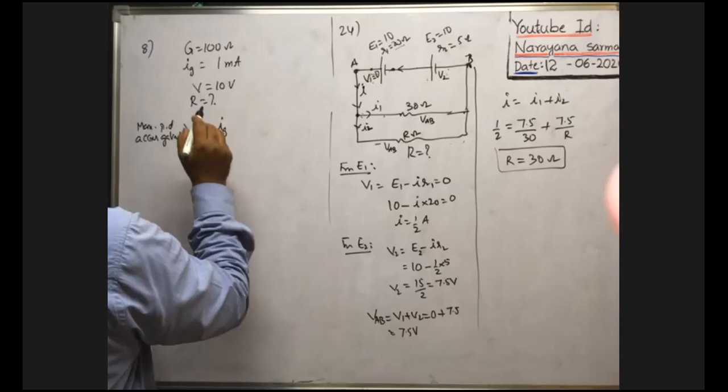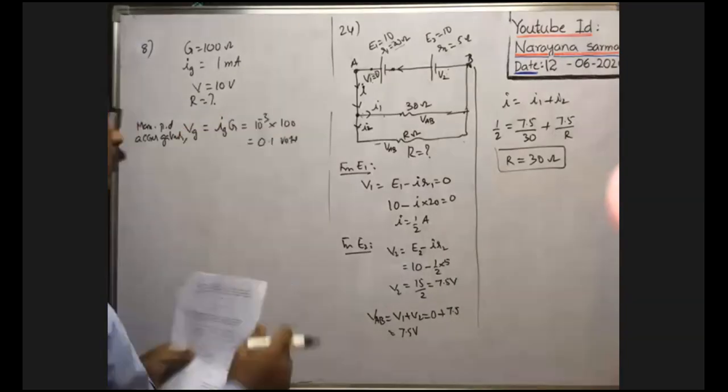But with the help of the galvanometer, we have to measure a maximum potential difference of 10 volt, not this one. We have to measure the high voltage. To measure the large potential difference, we have to connect a very high resistance in series with the galvanometer. Now, what is the resistance to be connected in series with the galvanometer?